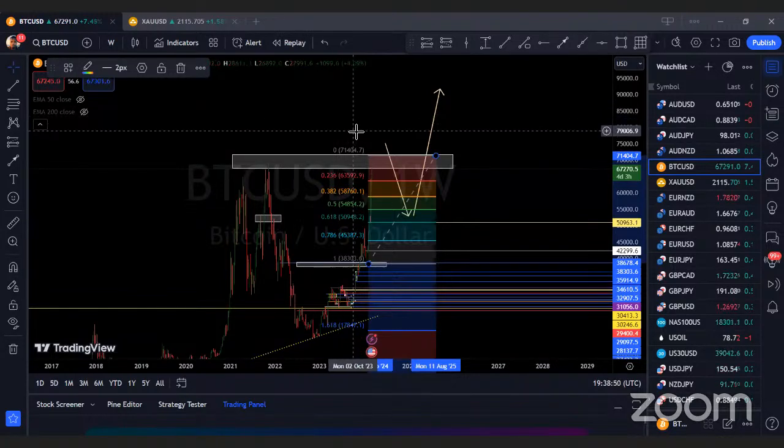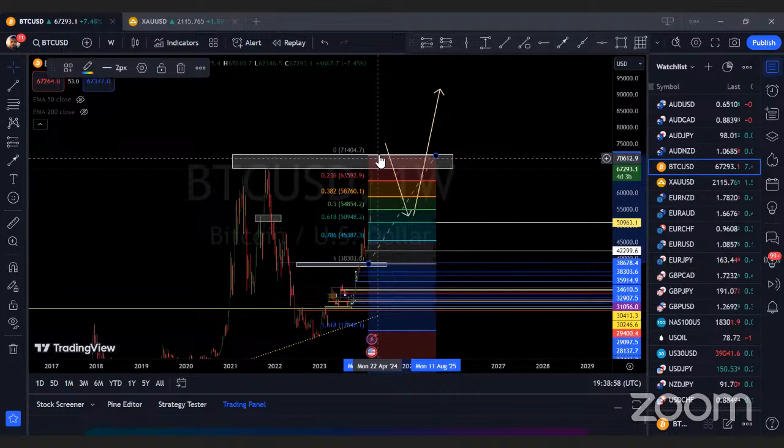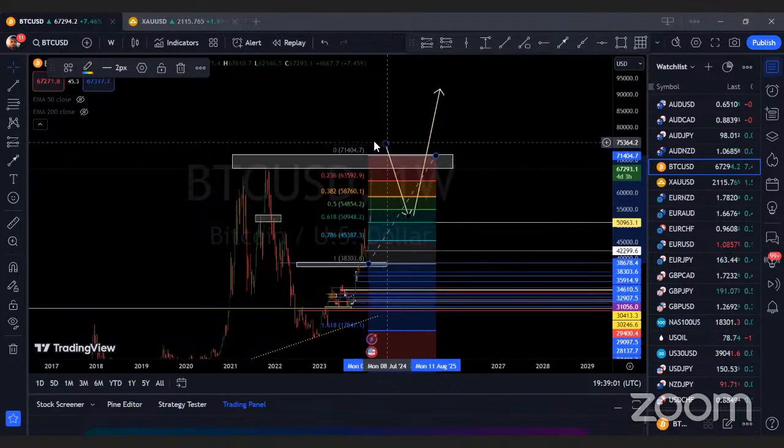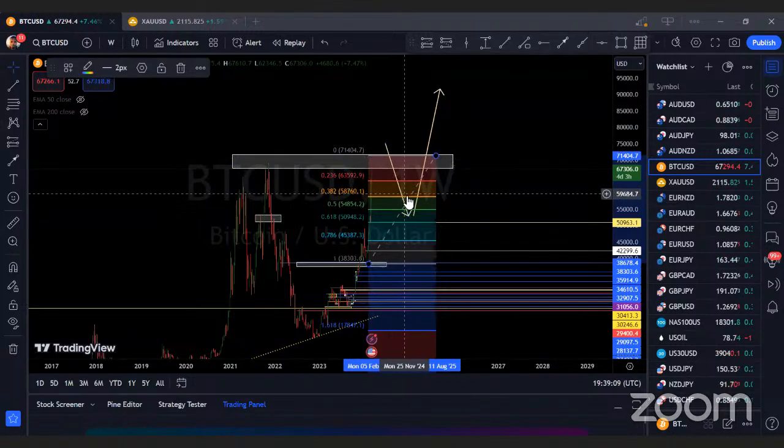Probably not on day time frame, on a week time frame or month time frame. Technically, the uptrend push is not over. So I will wait for that pattern, a beautiful rejection candle technically, and expect price to push down into